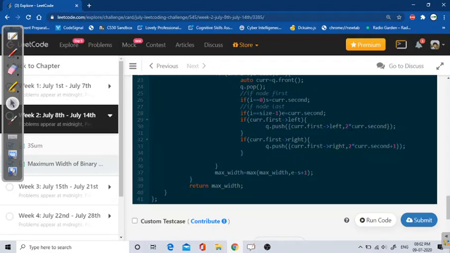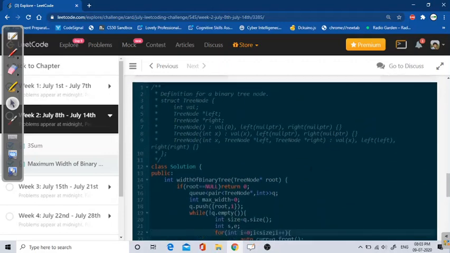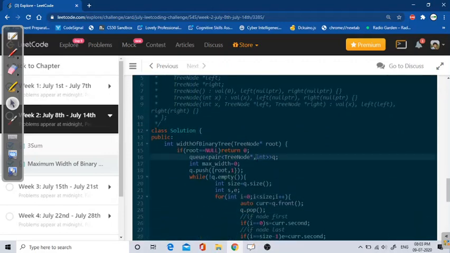If I multiply that last range value by 2, it is an integer overflow, because it becomes double, which is not in the range of integer. So what we have to do is increase the range of the integer. Instead of using a normal integer, we will use unsigned long integer. So the range of the integer will increase, and we will not get this problem.